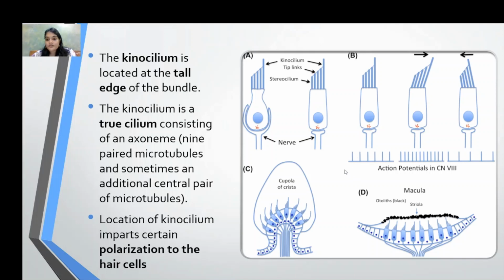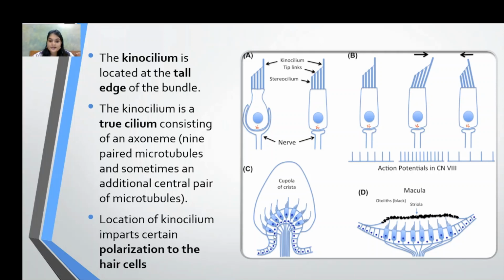There will be some kind of firing, some kind of electric discharge in all hair cells at rest. So this is the normal hair cell. And when the stereocilia are tilting towards the kinocilium, there is excitation. That is, action potentials are increased. When the stereocilia are tilting away from the kinocilium, the action potentials are reduced. So this is the normal action potential. This is when the stereocilium is bending towards the kinocilium. There is stimulation or action potentials are increased. When it is bending opposite to the kinocilium, there is reduction in the action potential.